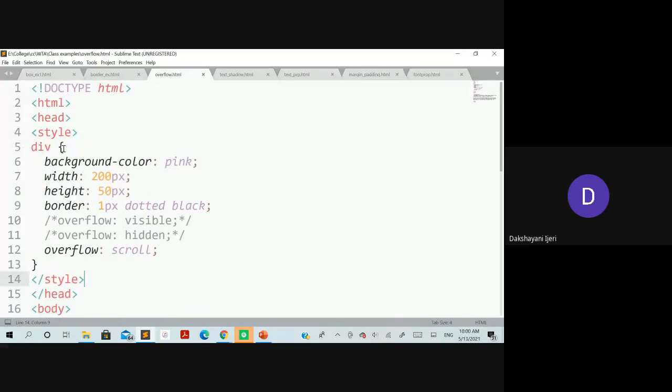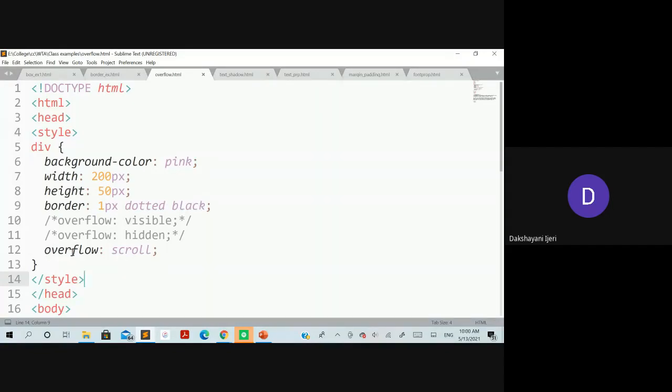The background color is pink, the width of the background needs to be 200 pixels in terms of horizontal size, and the height is 50 pixels, and the border is 1 pixel dotted. This is how you can use all the values together for the border property, right? So the width of the border is 1 pixel, the style of the border is dotted, and the color of the border is black here, correct?